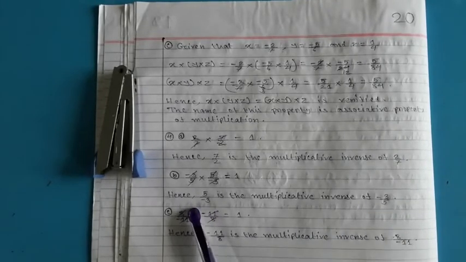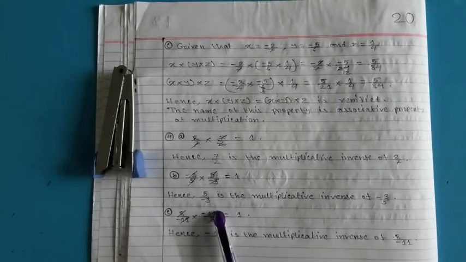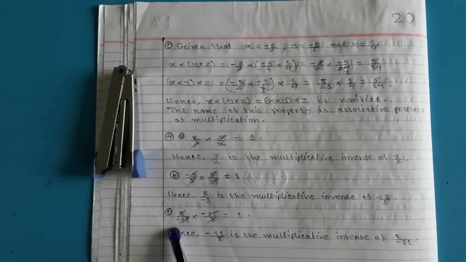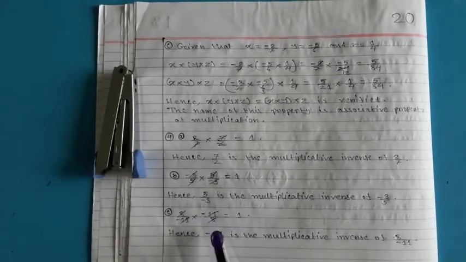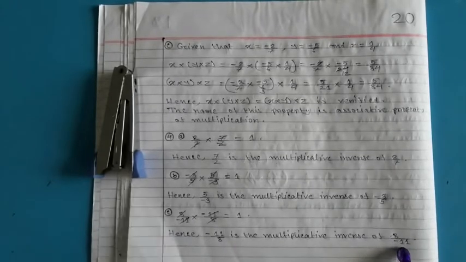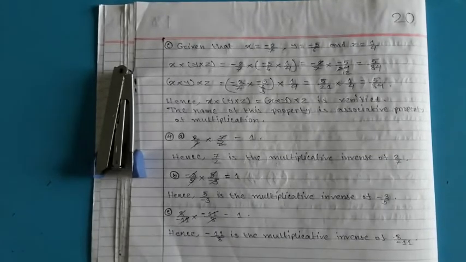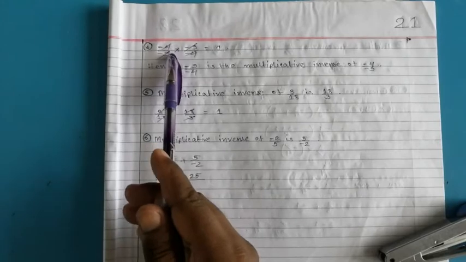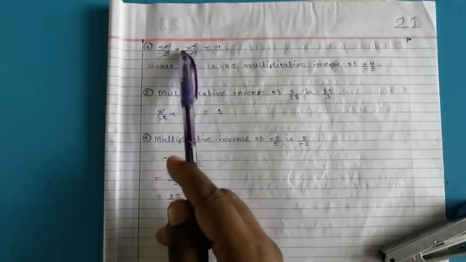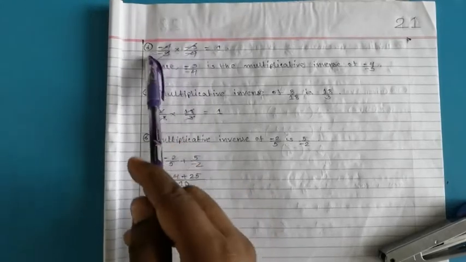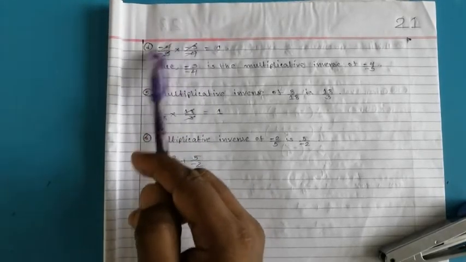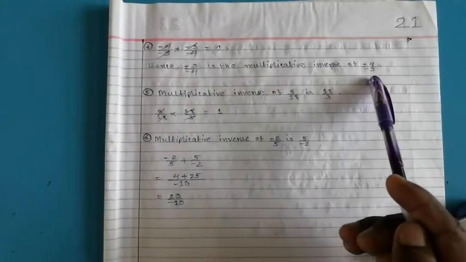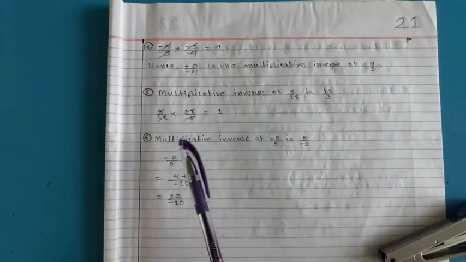Now 8 upon minus 11. So it will be minus 11 upon 8, just the reciprocal of the given number. If you multiply minus 11 upon 8 with 8 upon minus 11, then it will be 1. So minus 11 upon 8 is the multiplicative inverse of 8 upon minus 11. Now come to the next part. In part D, it is given minus 4 upon minus 9. You have to multiply this by minus 9 upon minus 4, that is the reciprocal of this number. If you multiply, minus 9 cancels out, minus 4 cancels out, and that equals 1. Hence minus 9 upon minus 4 is the multiplicative inverse of minus 4 upon minus 9.